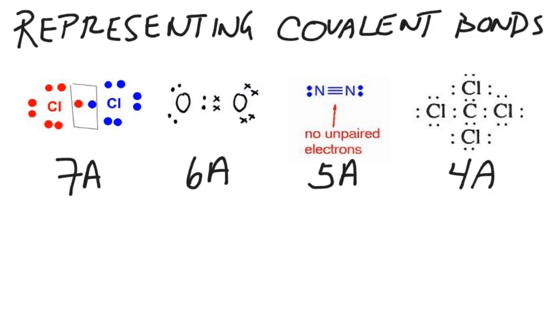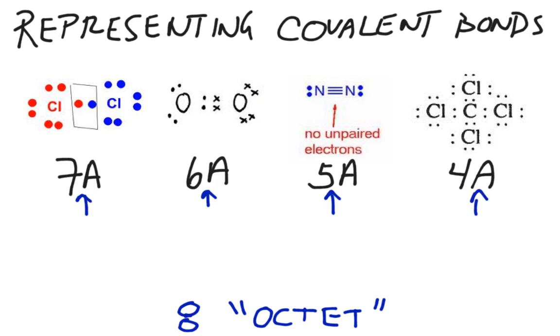The last thing we're going to look at is just how many likely bonds are going to happen. Now remember, everyone's trying to achieve that stable number again. And that stable number is 8 in that octet that we talked about before. So if we're talking about nonmetals, typically we're talking about that right side of the periodic table, or the P block area. Now within that area we have 4 primary groups: 7A, 6A, 5A, and 4A. Elements in group 7A, as is the example over here at the left side, tend to form one covalent bond because they contain 7 valence electrons and they want to get to a stable